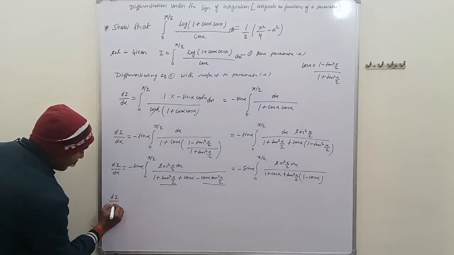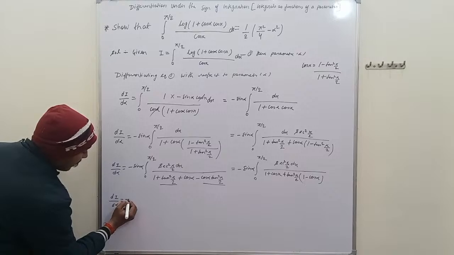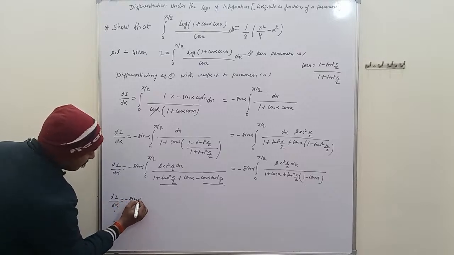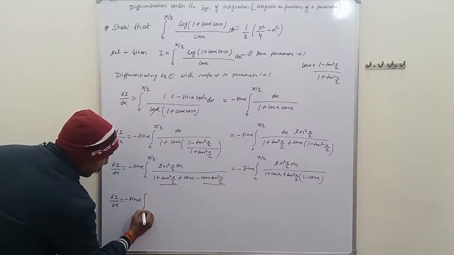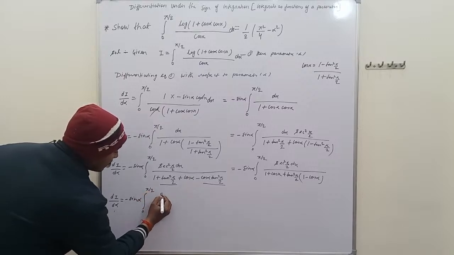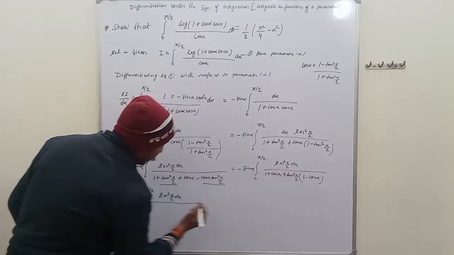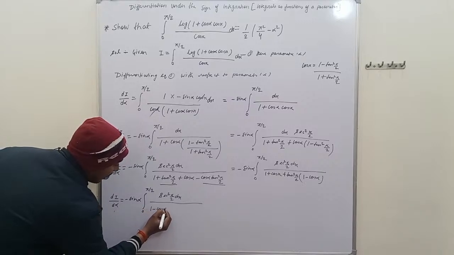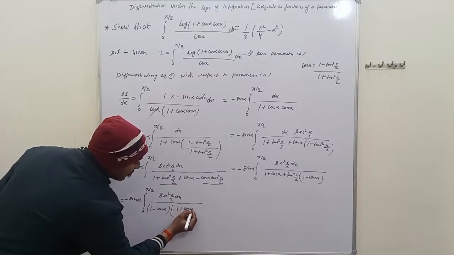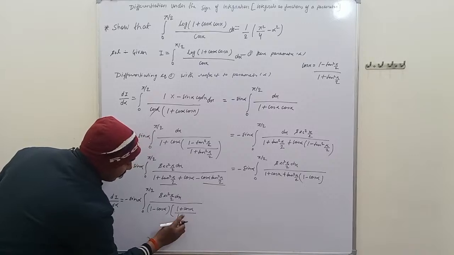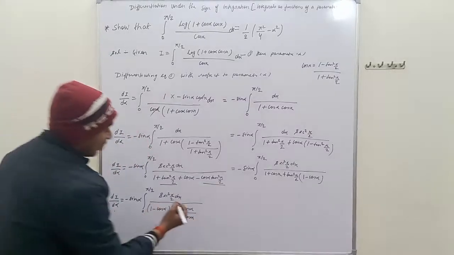So dI by d alpha is equal to minus sin alpha, taking a common factor from the denominator, with the integral from 0 to pi by 2 of sec square x by 2 dx, and from the denominator we take common 1 minus cos alpha, and the remaining is (1 plus cos alpha) upon (1 minus cos alpha) plus